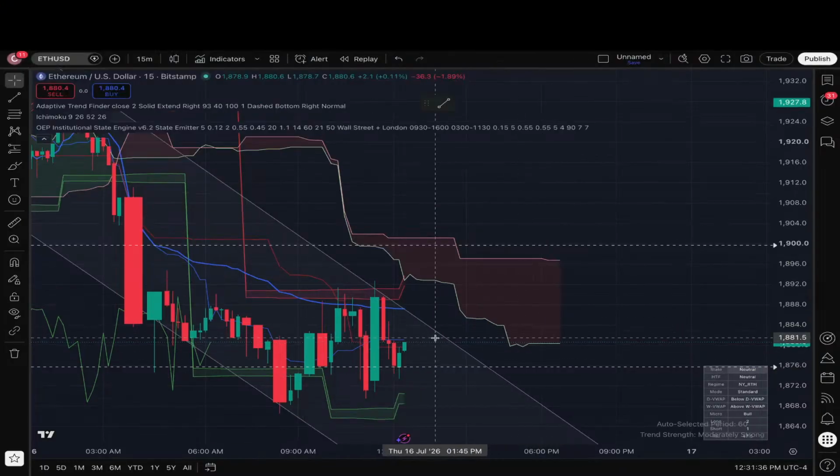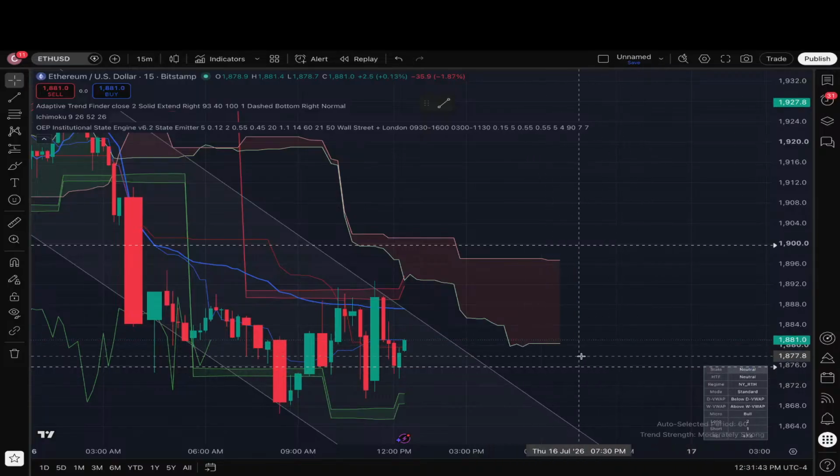It just hasn't been an opportunity yet, and quite frankly, it's a no trade zone. Like I said, just for a point of reference, if the price stays between $1,875 and $1,892,